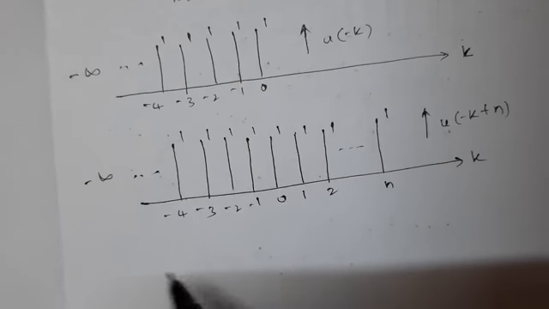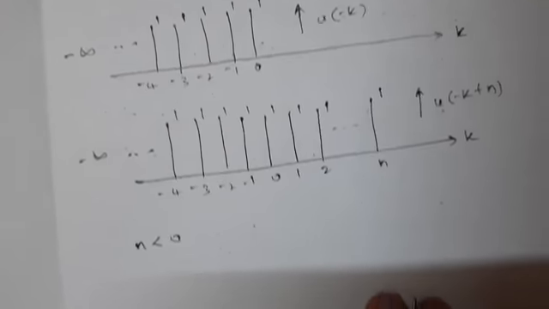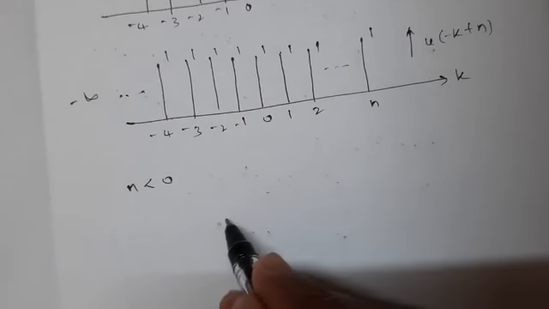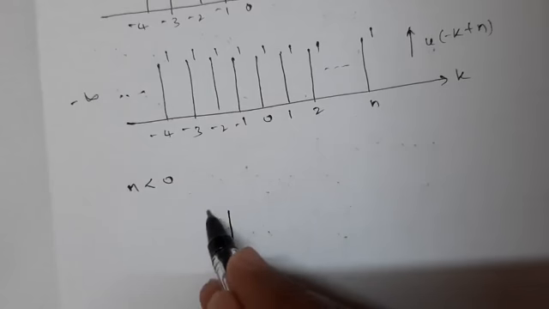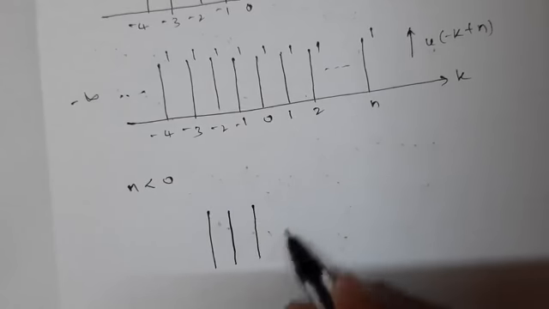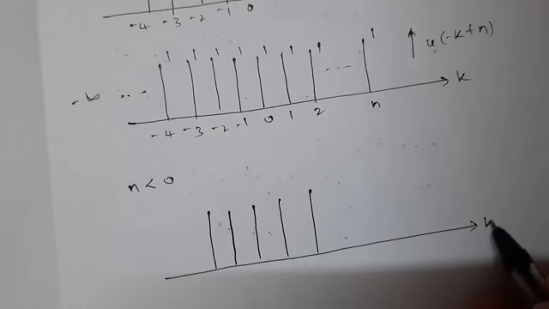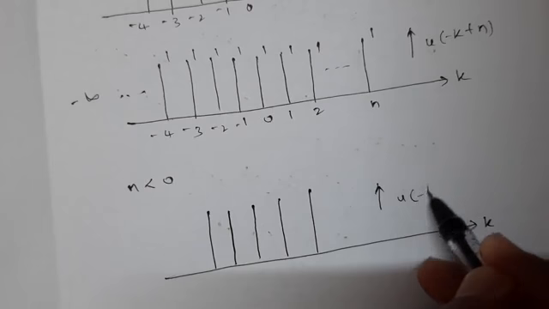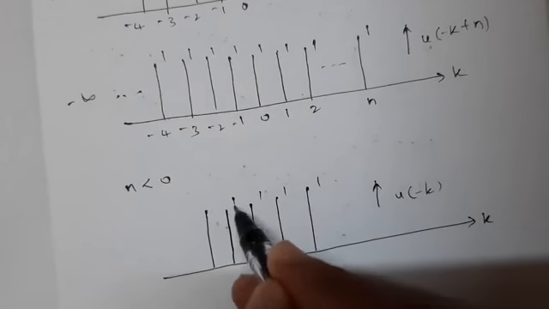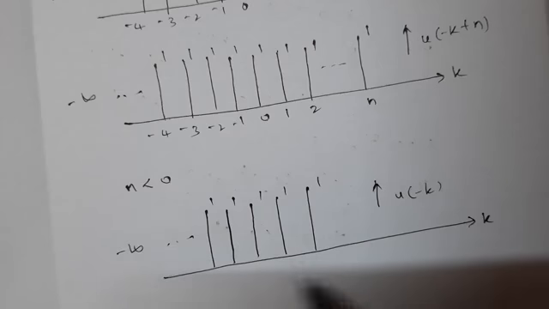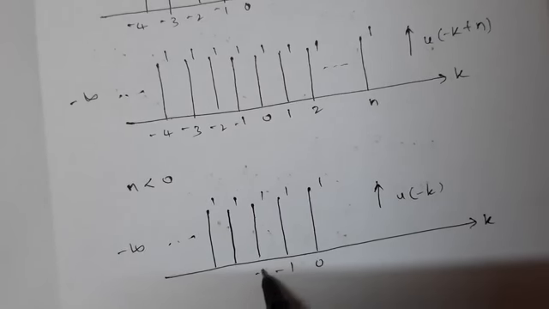We'll try to see that. n less than 0, so you have already u of minus k,